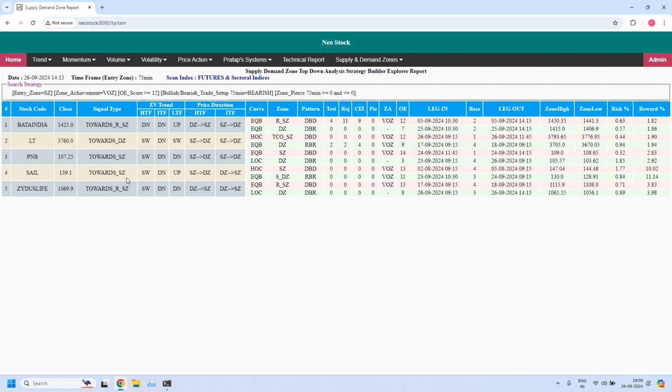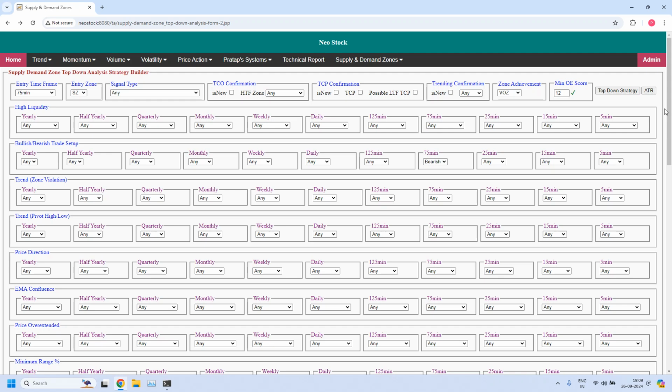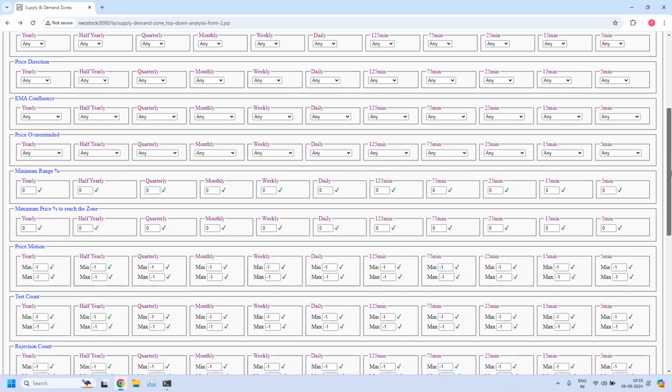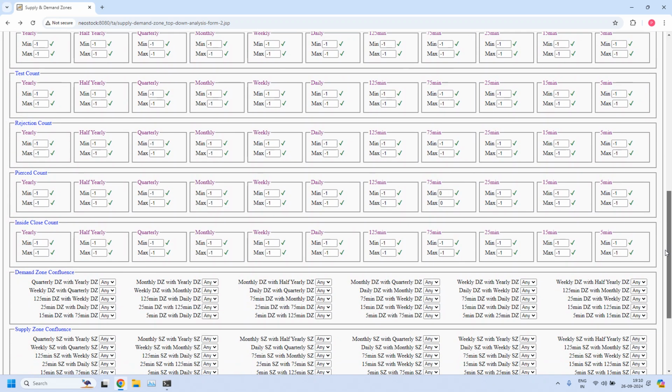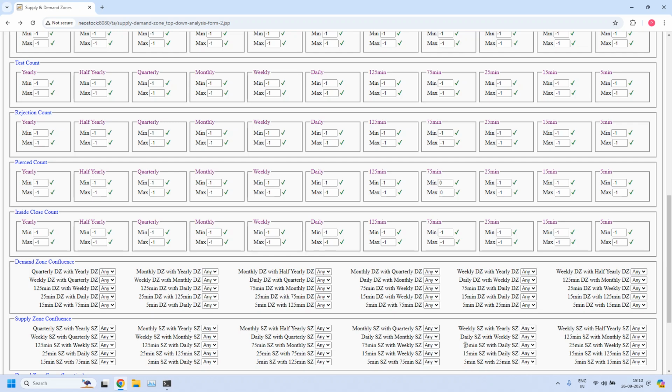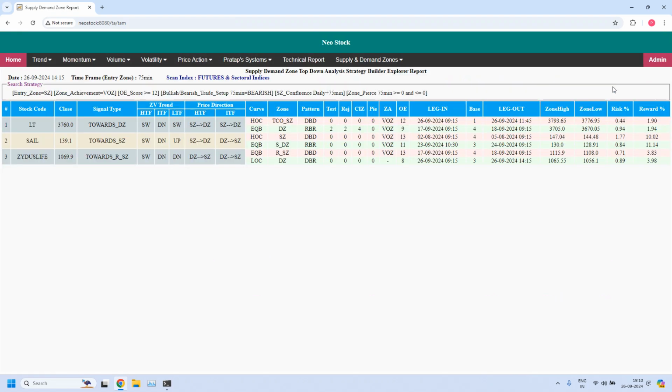Okay, just to improve the probability of these zones, let us verify how many of these zones are having ITF confluence. That is, the 75 minute supply zone should be part of the daily supply zone. So in the supply zone confluence, I am enabling the filter 75 minute supply zone with daily supply zone confluence. Let's verify. Out of 4, 3 stocks are filtered. In all the 3 stocks,